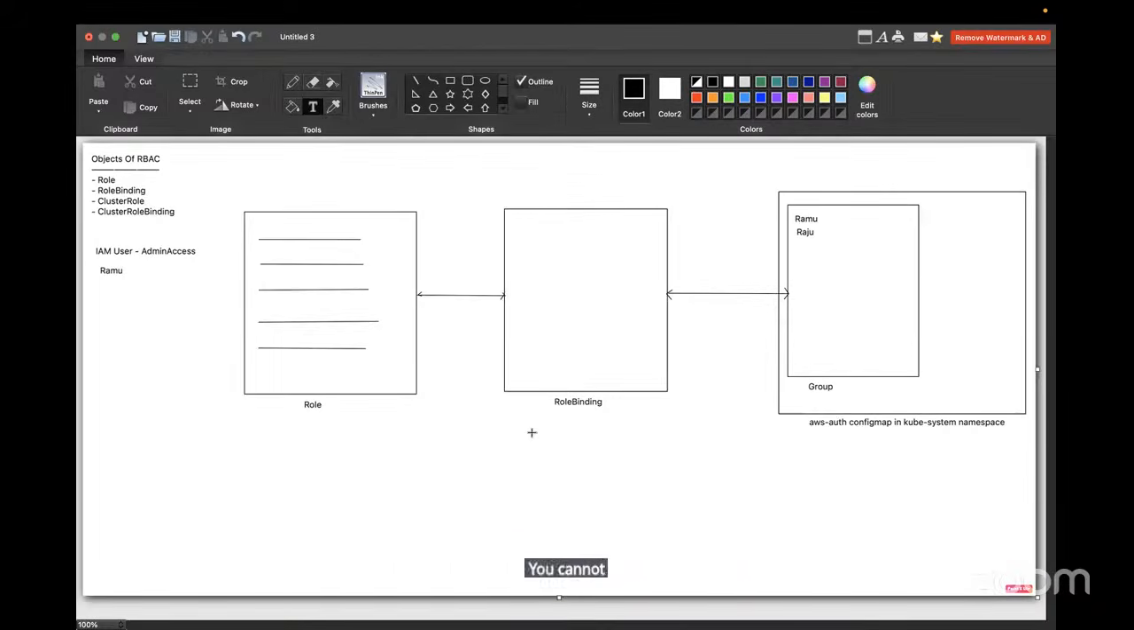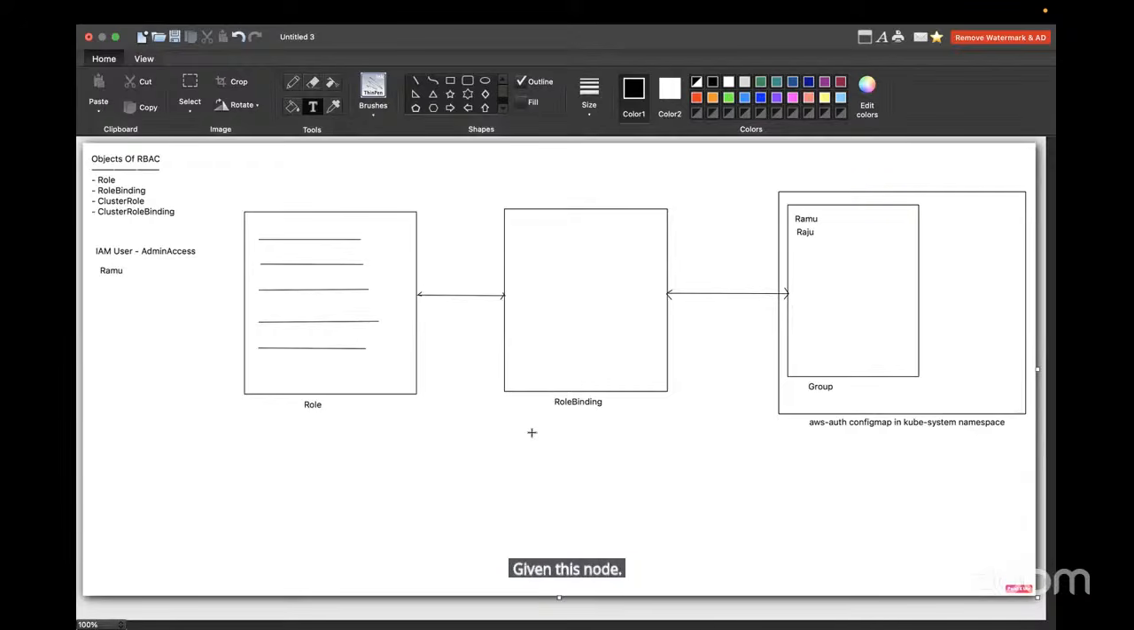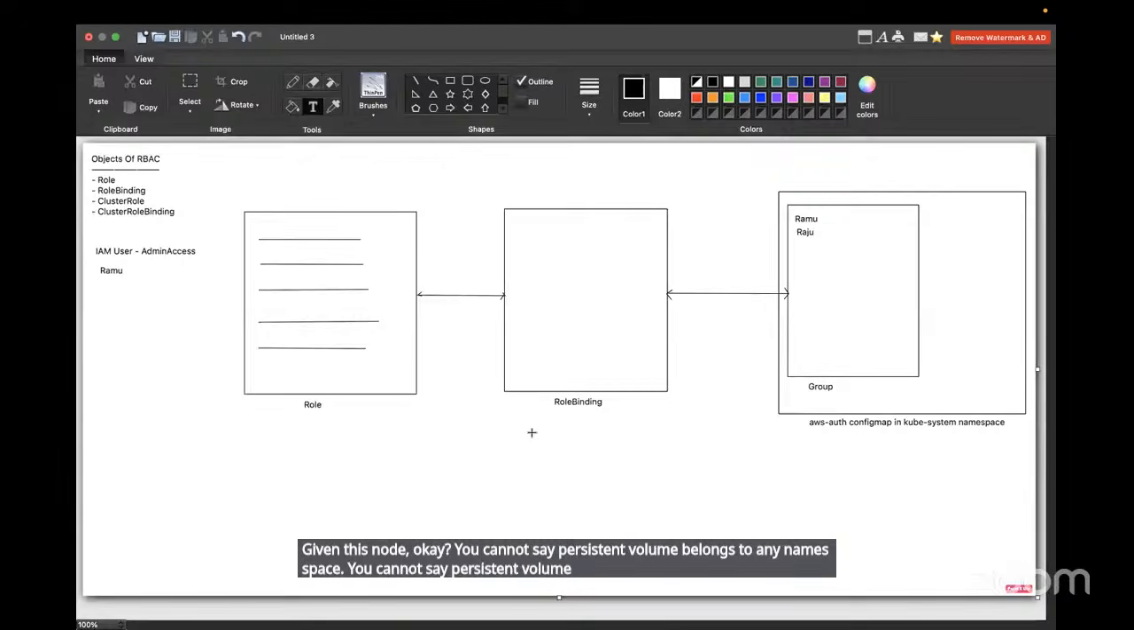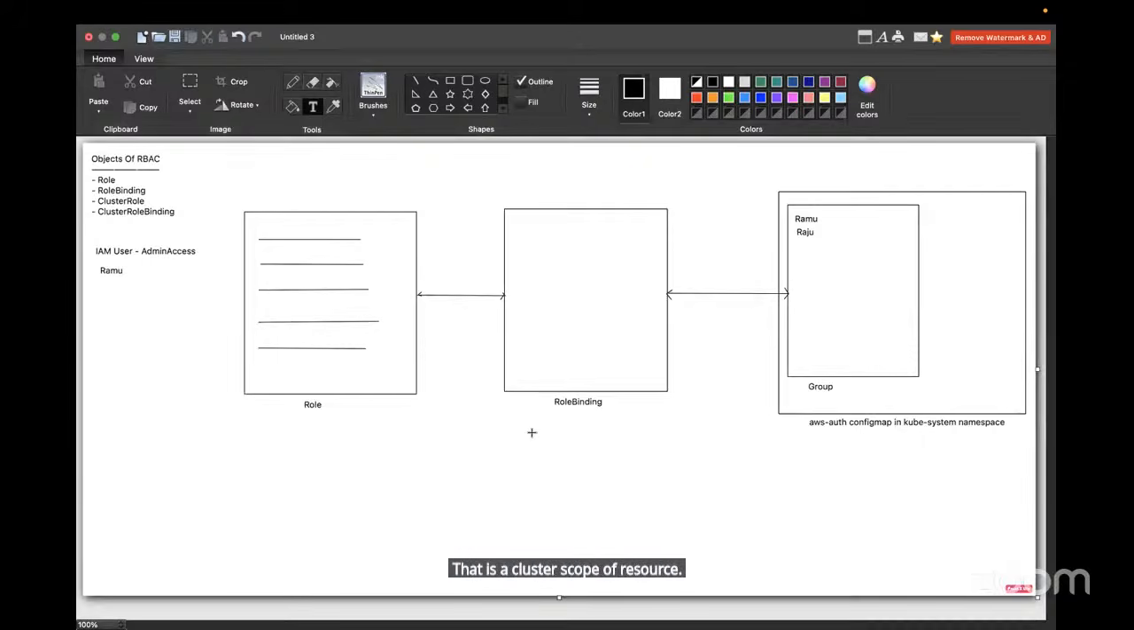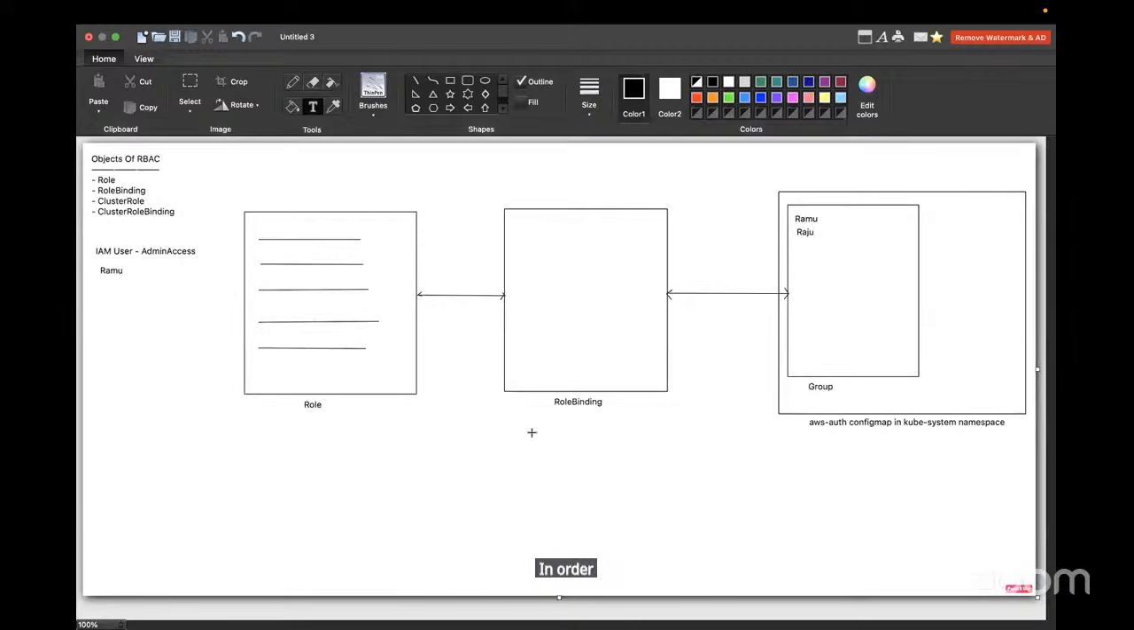You cannot say a node belongs to this particular namespace. A node will not belong to any namespace. You cannot say a persistent volume belongs to any particular namespace. That is not a namespace scope resource. That is a cluster scope resource. So there are two types of resources. One is namespace scope, the second one is non-namespace scope resource. In order to give permissions to the namespace scope resources,